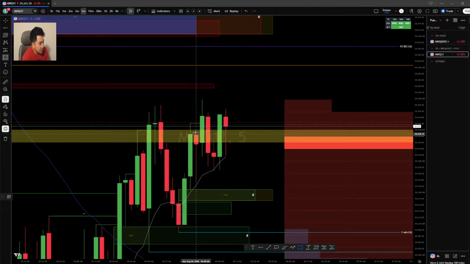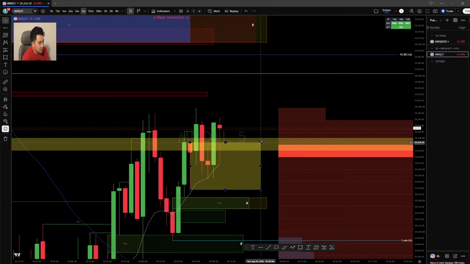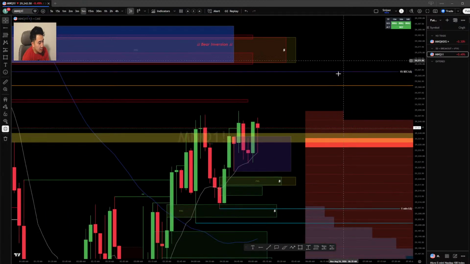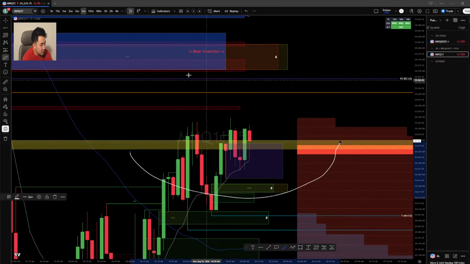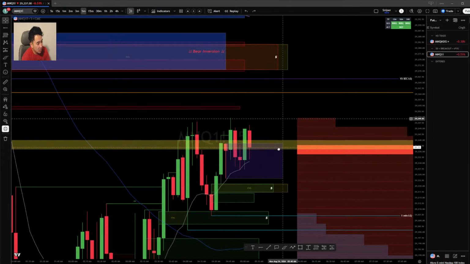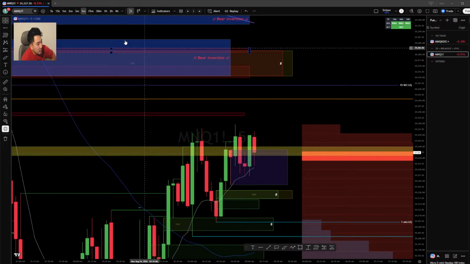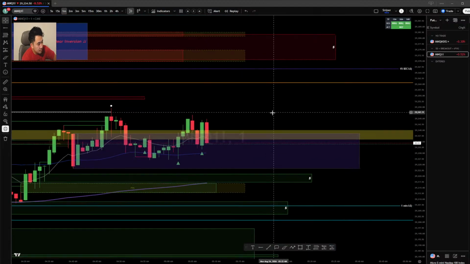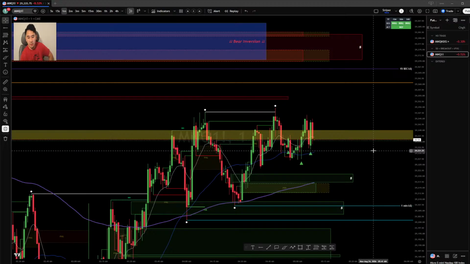We are in a demand zone here. The only thing is that we're not going to take a demand setup just because the 200 EMA is sitting above here. But if it was below here, that'd be good. If it was below price instead of above price, because you want to trade price above the 200 EMA, not below it. I'm just gonna delete this since we don't need it here.